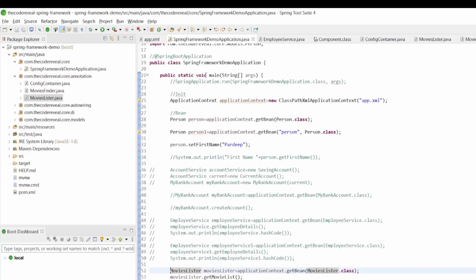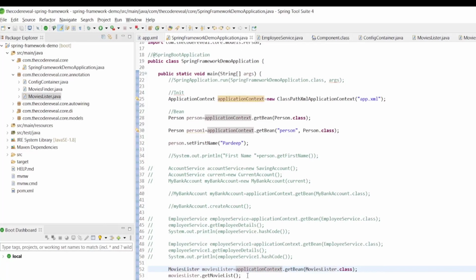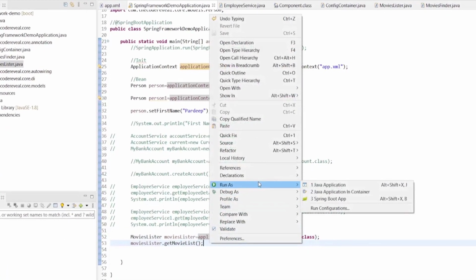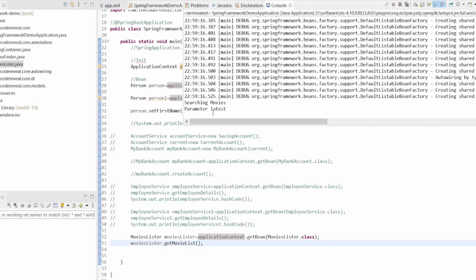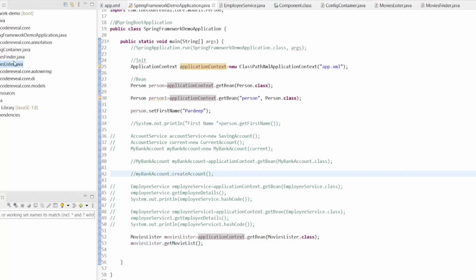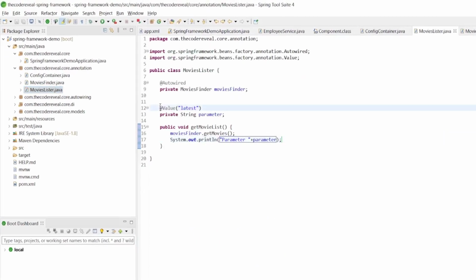When we go to our main application file and run this as Java application, it will print parameter here latest. So the at value will be used as a value parameter. So this annotation we can use.